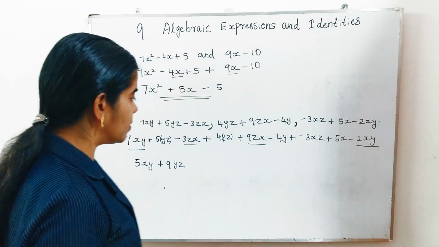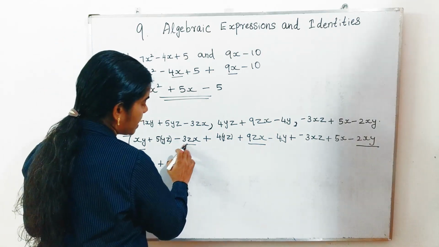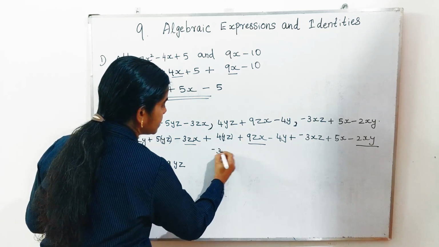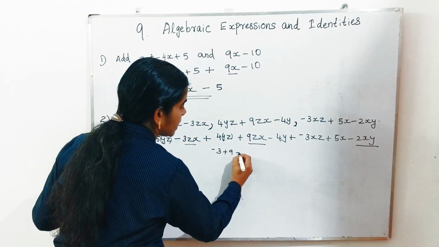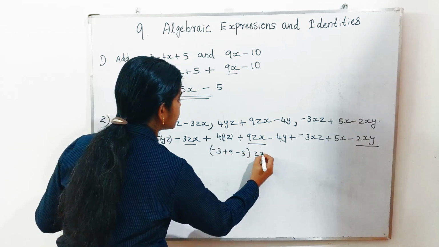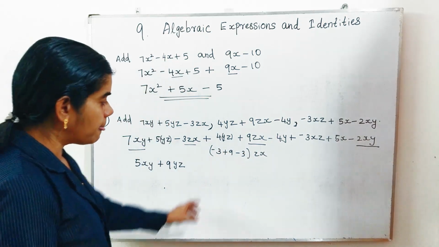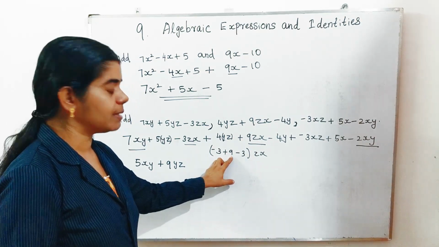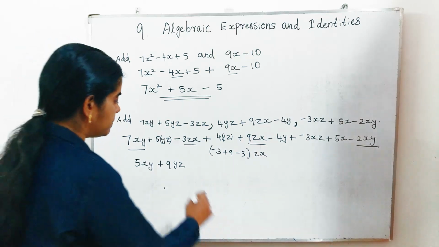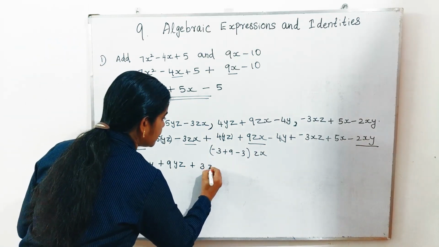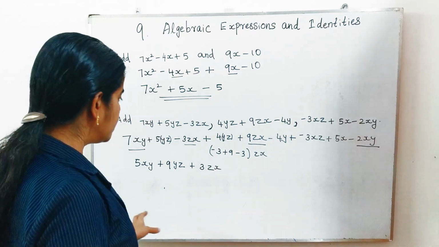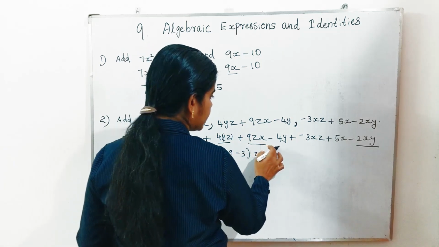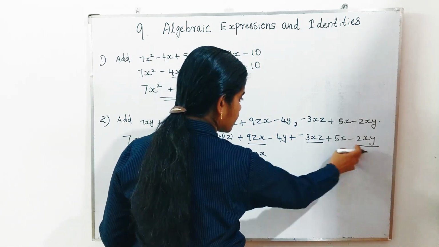So minus 3xz is also there. So three terms are there. Minus 3zx plus 9, minus 3, all having the zx coefficient. Then minus 3 means minus 6. Minus 6 plus 9 means plus 3. So that will be 3zx. Then this term is over, this also over, this over, then this also, like xy also.